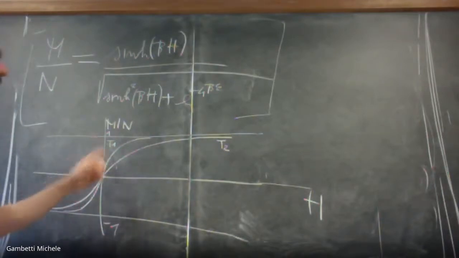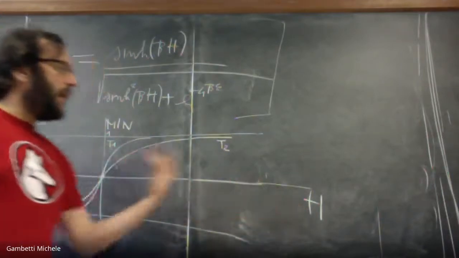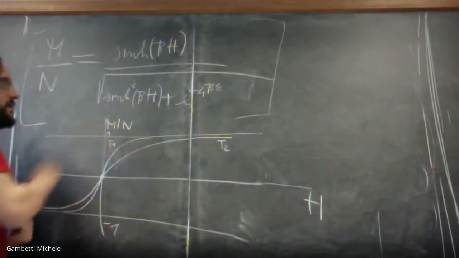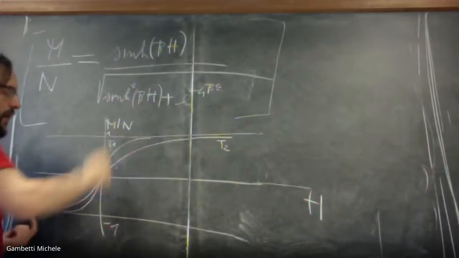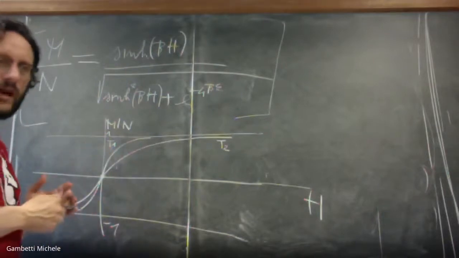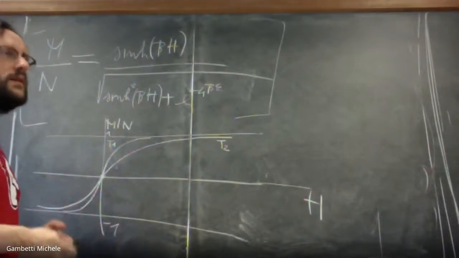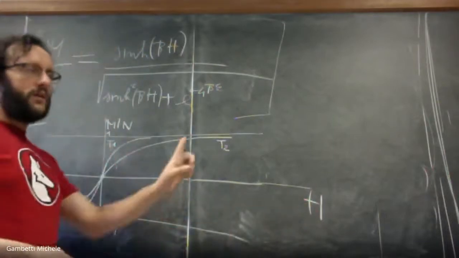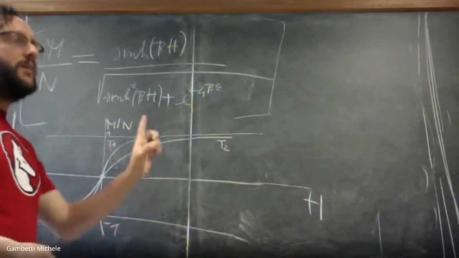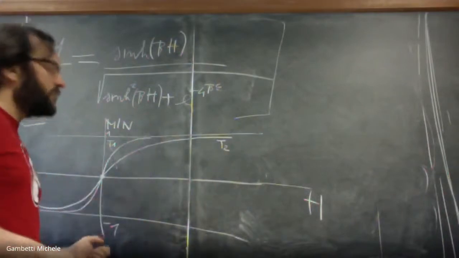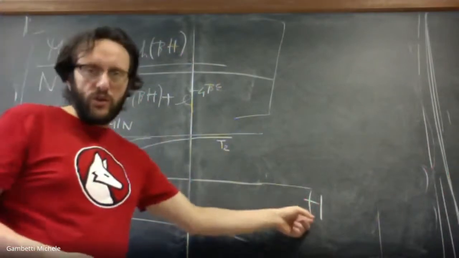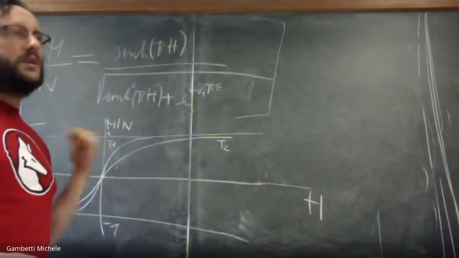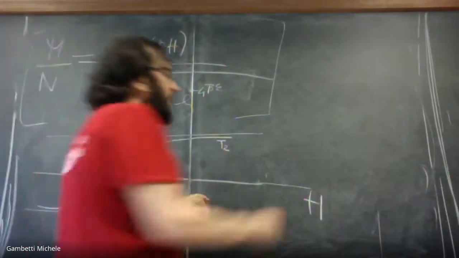Of course, when H is very large positive or very large negative, the magnetization per particle is 1 or minus 1, which is of course correct in the sense that I do expect that when the magnetic field is so strong, all the particles will have the same direction, plus 1 or minus 1, depending on the sign of H. Now, this is already different with respect to the diamagnetism that I saw before. This is a paramagnetic substance.